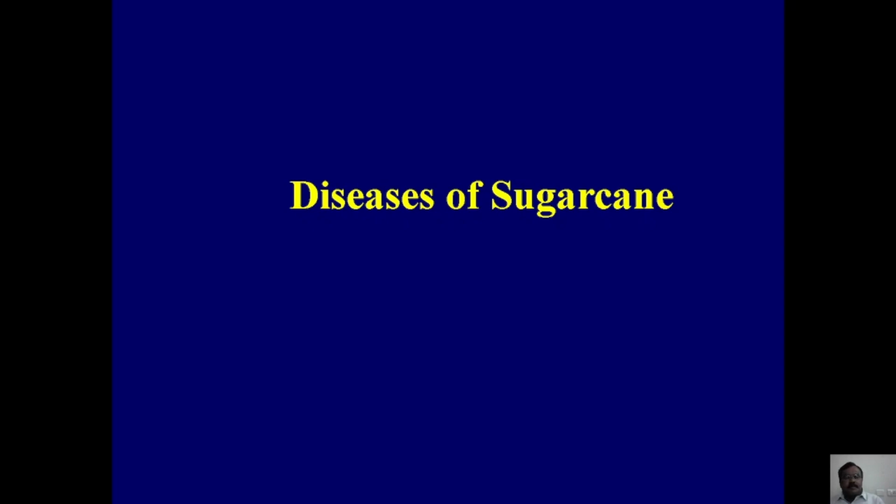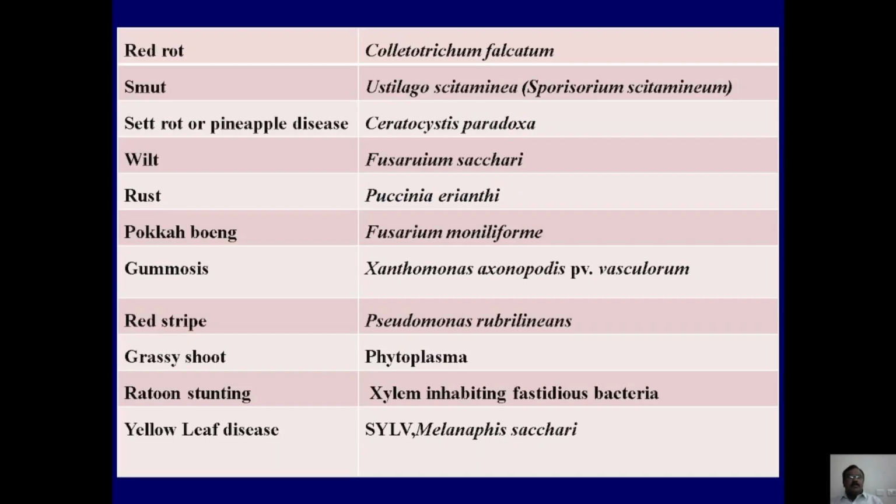Students, in this class we are going to study some of the important diseases affecting sugarcane. These are all the diseases which have already been recorded on sugarcane causing economic yield loss. The first and foremost disease is the red rot caused by Colletotrichum falcatum,